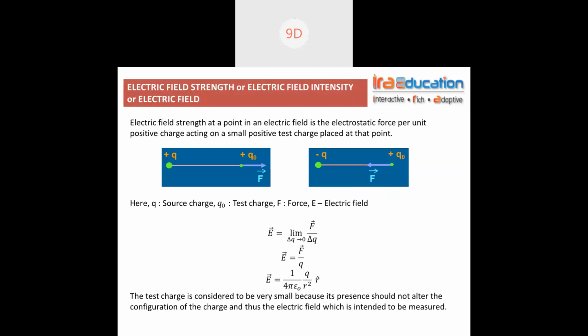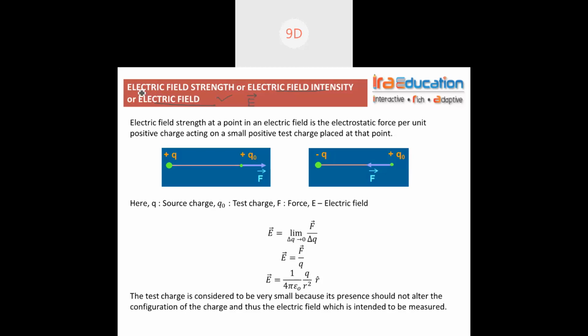I think we were here in the last class. Electric field strength, electric field intensity, or electric field are all the same term, denoted with the letter E bar. It's a vector quantity, so E bar. Now, why is it a vector quantity? Because it depends on force for it being defined, and force is a vector quantity. An electric field also has a direction, so it's a vector quantity.